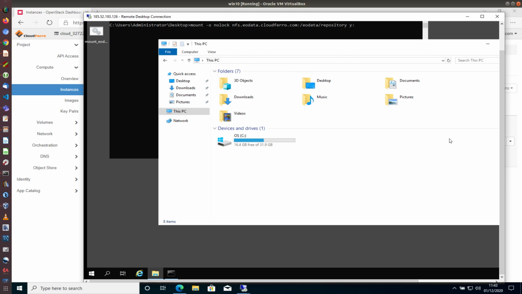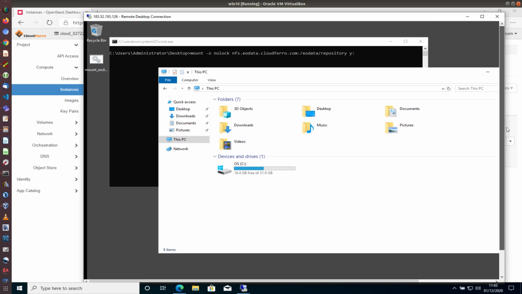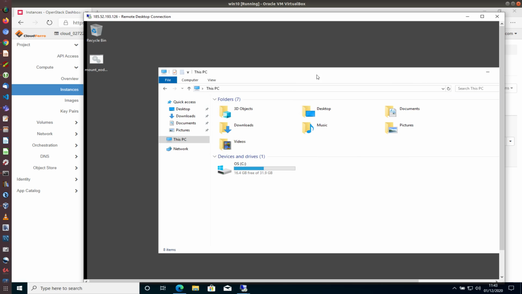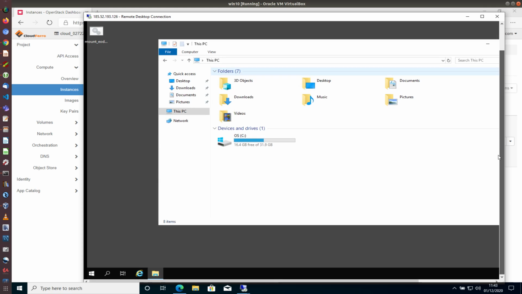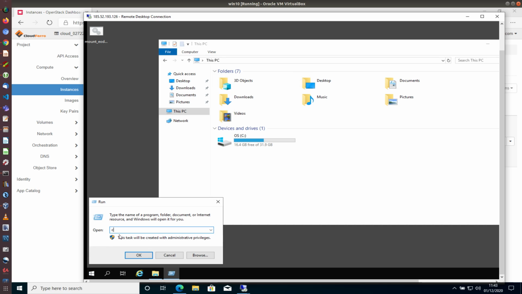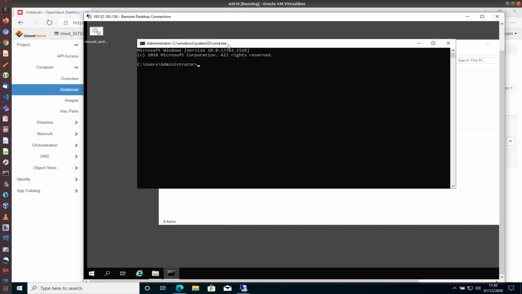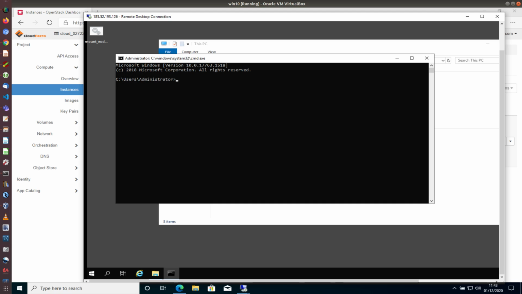However, due to some problems, it can occur that it's not mounted yet. So I can close this and use a workaround, that is run the command line, command console once again,